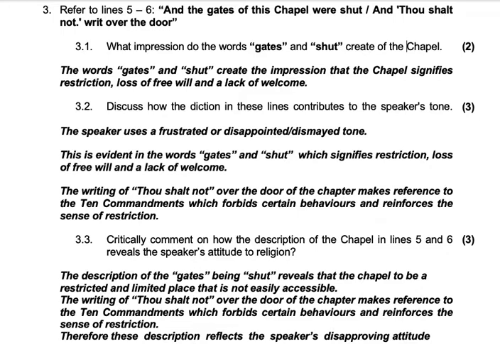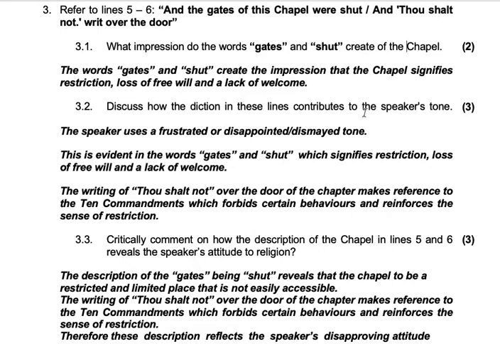What does the word gates tell me? And what does the word shut tell me, right? It's fairly easy, right? So the gates of the chapel, sorry, are shut, right? So what idea do you get from that? Okay, the words gates and shut create the impression that the chapel signifies restriction, loss of free will, and a